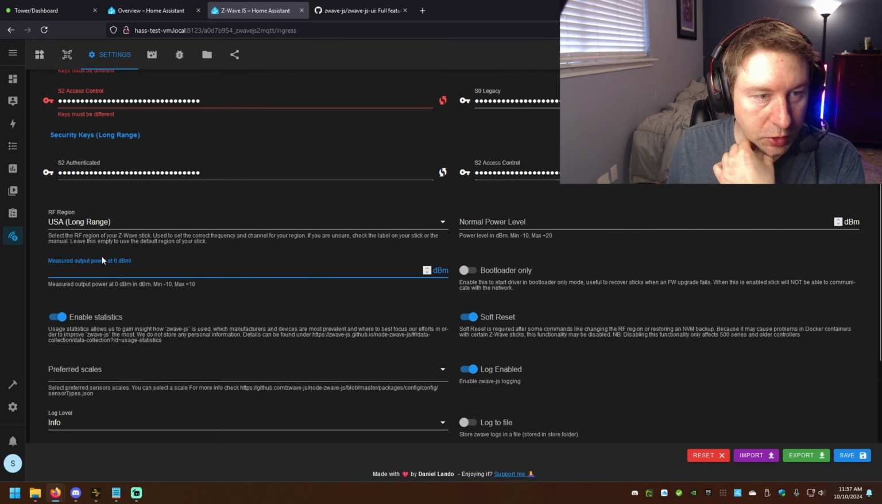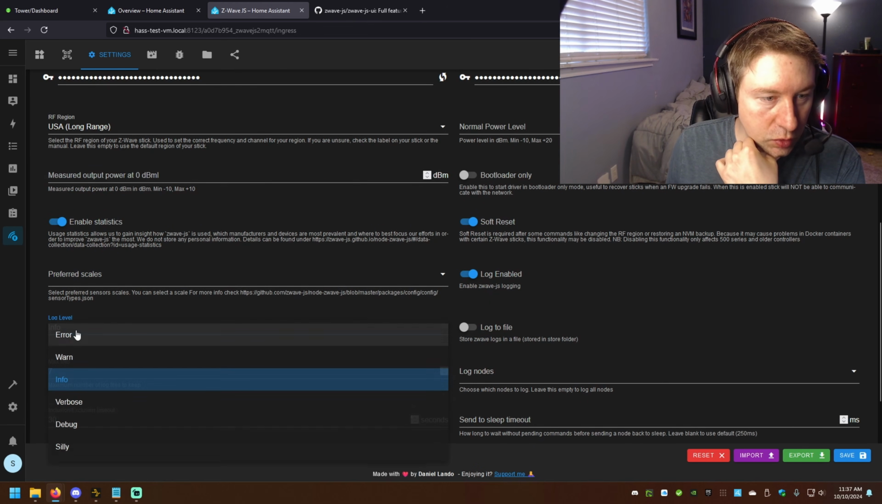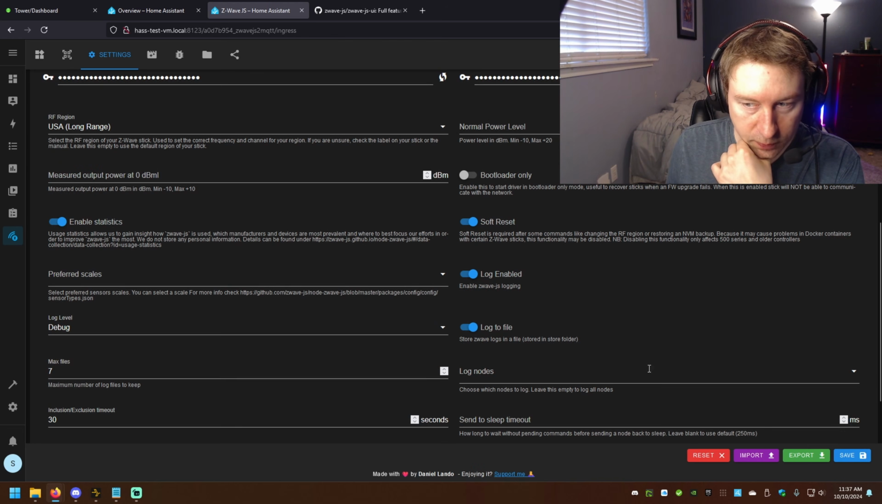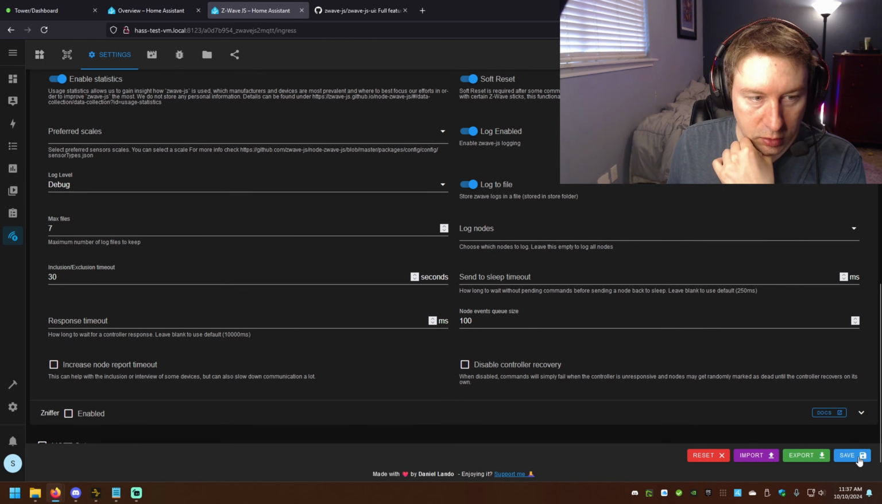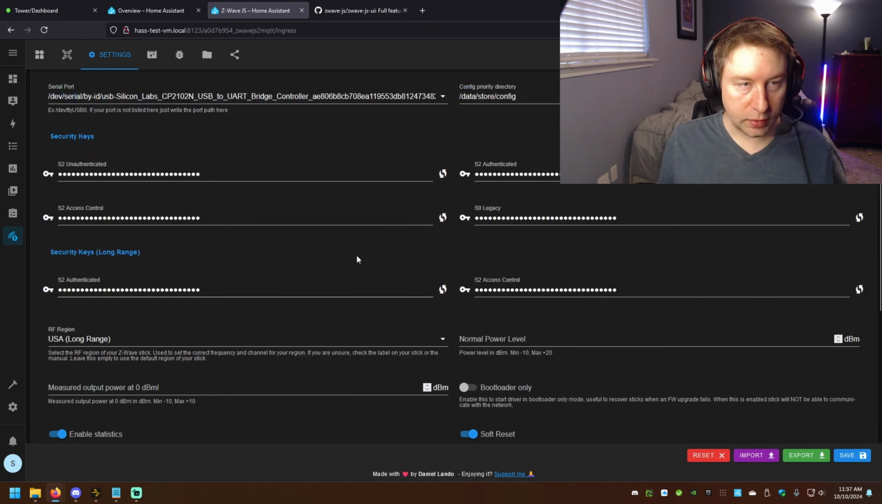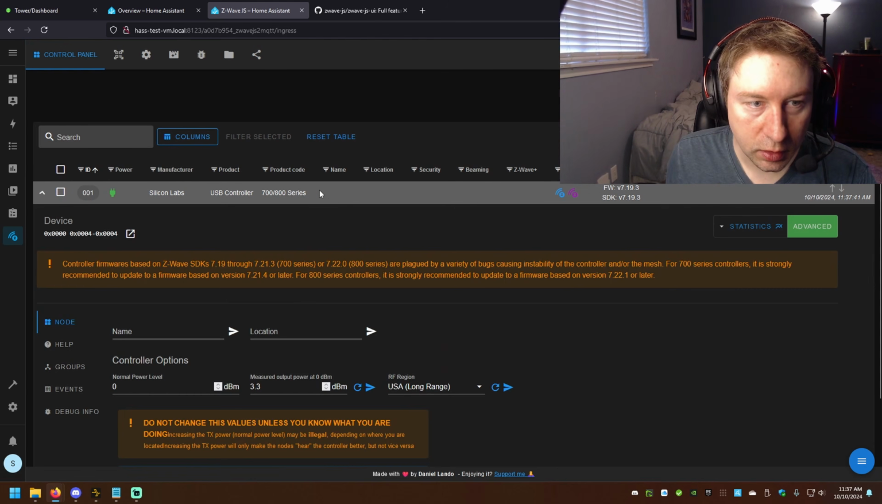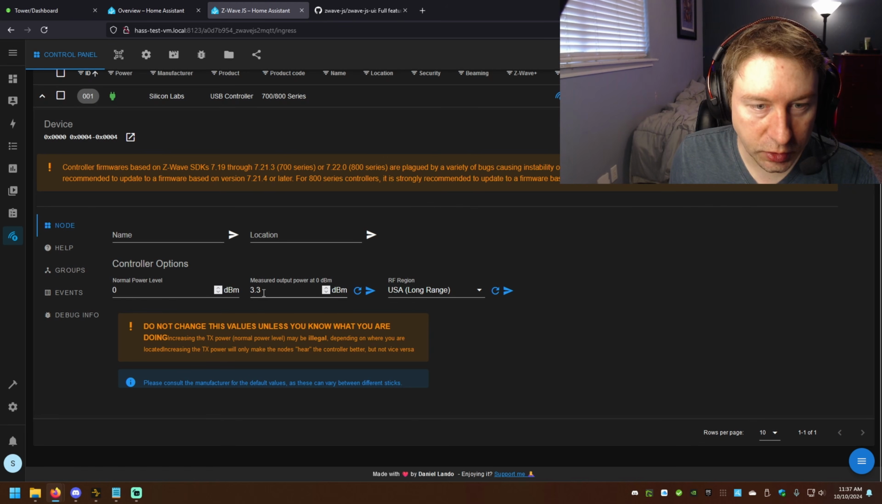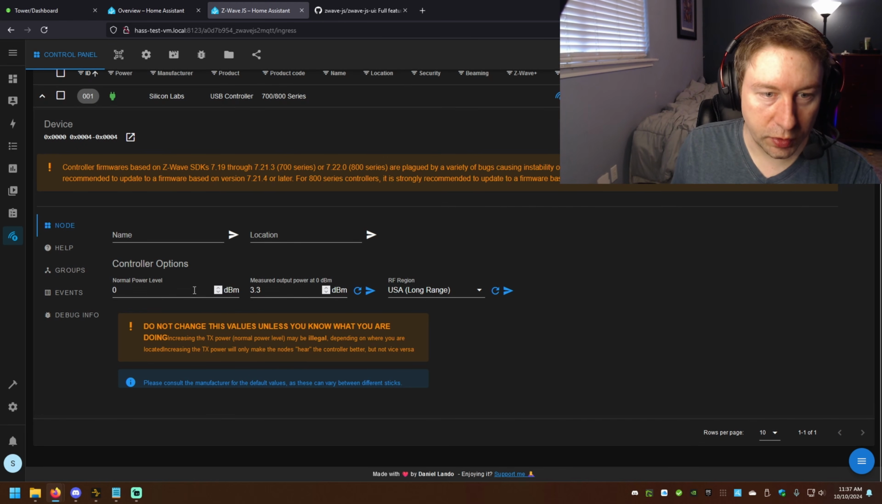We're not going to change measured output. We're not going to change any of these. We are going to change log level to debug and log to file. And then we want to make sure and click save. Unfortunately, this does not auto save for us. All right, we've now saved. We have a controller. And sure enough, it shows USA Long Range, and we're going to leave both of these